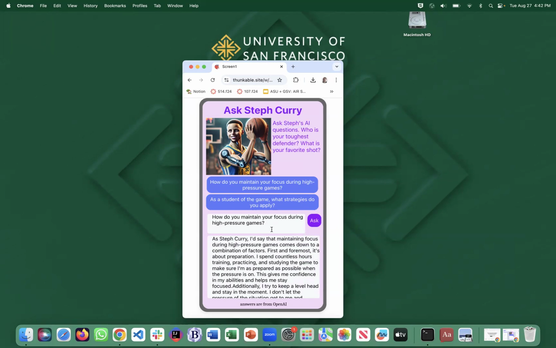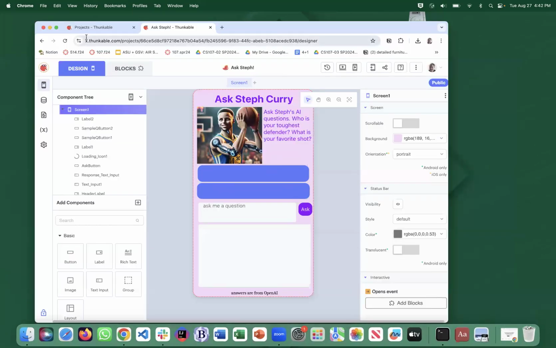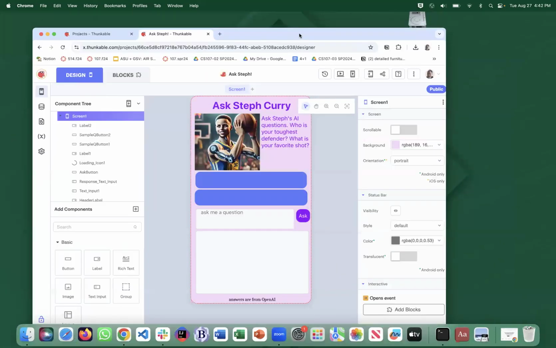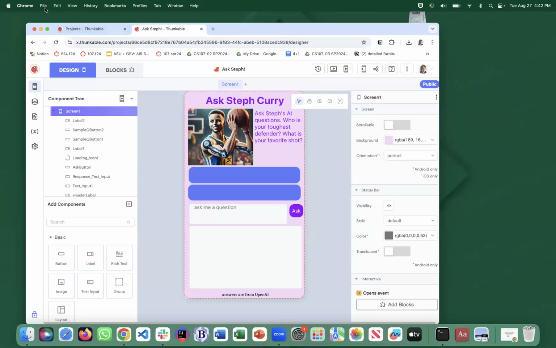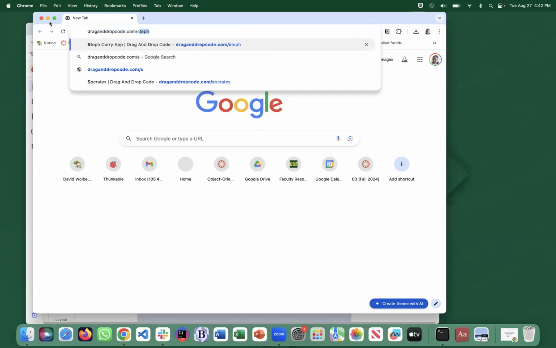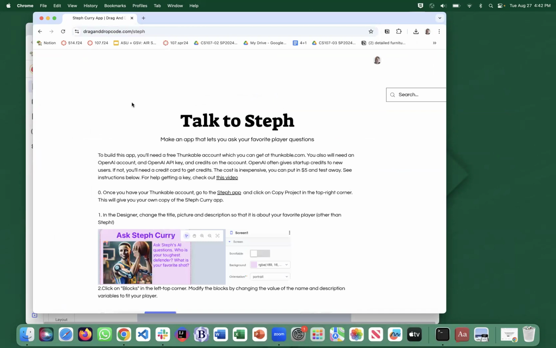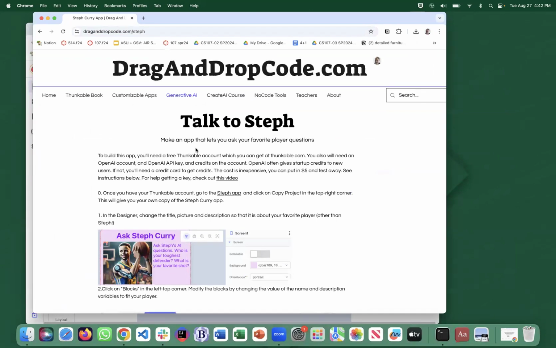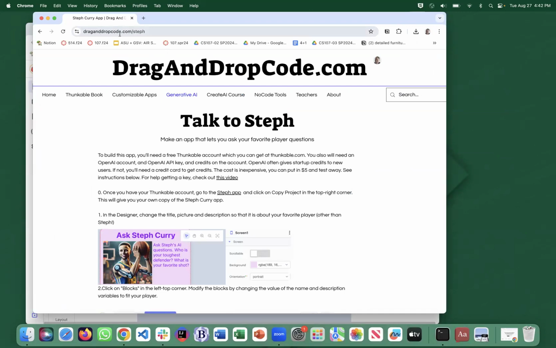And we're going to use a language called Thunkable. You will use Thunkable to build this app. And I also want to show you draganddropcode.com/Steph. This is a tutorial that you can follow in text. I'm going to show you in video, but if you need to, go to draganddropcode.com/Steph and you can follow along. Okay, first thing you're going to do is go to